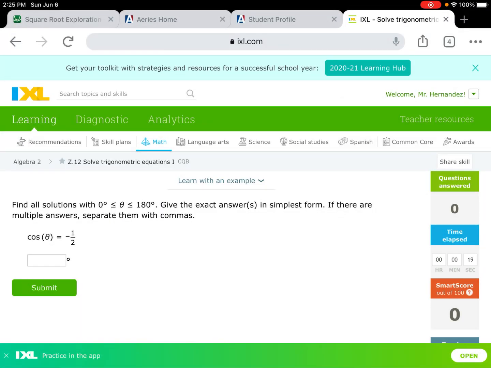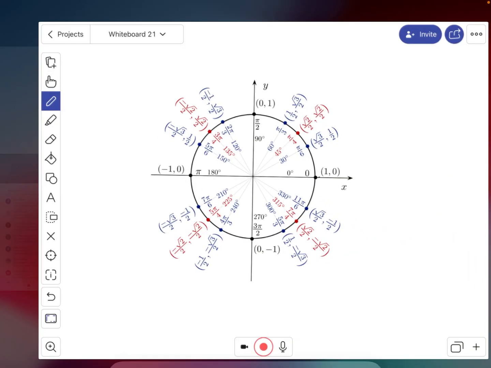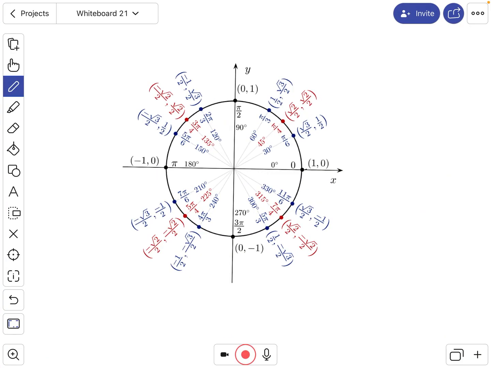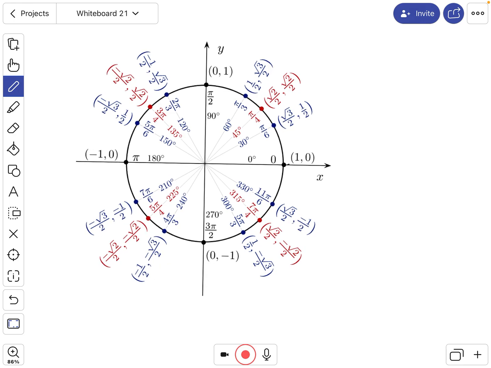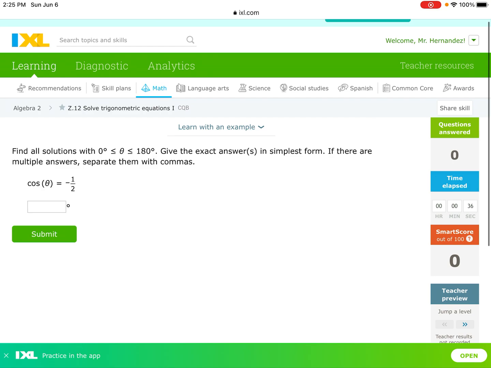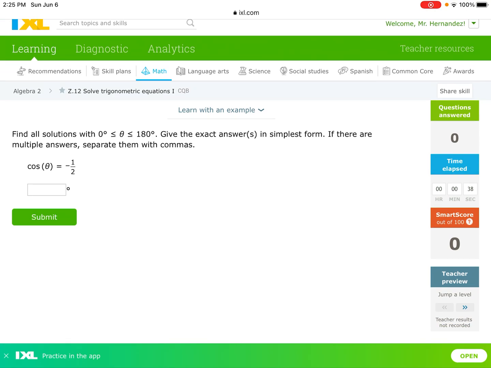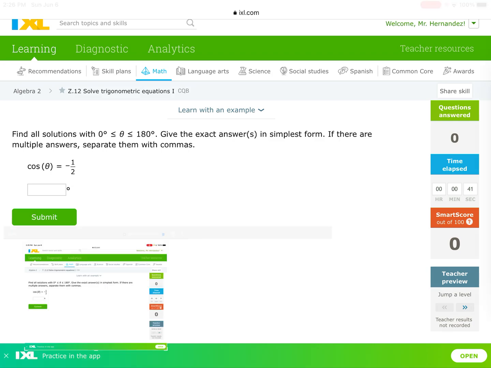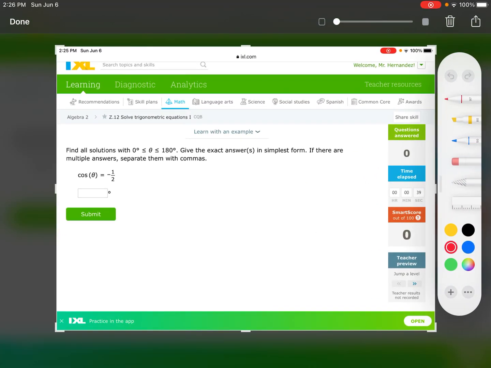I'm going to be going over this solving trigonometric equations IXL, and we're going to be using the unit circle for this one. Solving pretty much probably brings to mind algebra and things like that. You know, doing the inverse and whatever you do to one side, do to the other type of thing. But this one is going to be a little bit different because we're going to be using the unit circle,